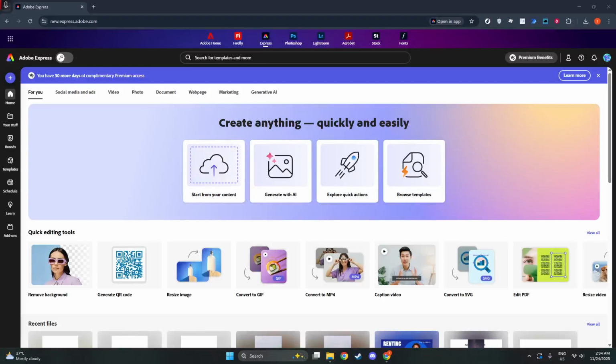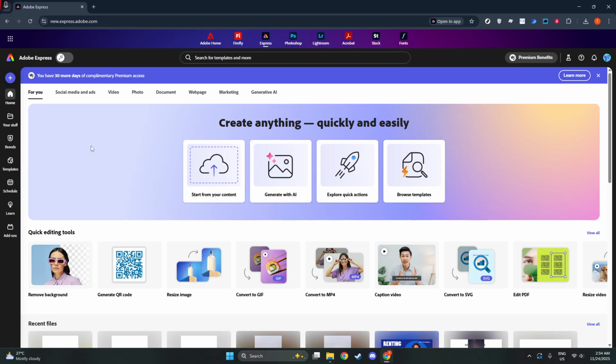In today's video, I'm going to teach you how to use animation in Adobe Express. We'll walk through how to bring motion to your designs in a way that's simple, clear, and effective. Start by opening Adobe Express on the web or mobile and open an existing design or create a new one.